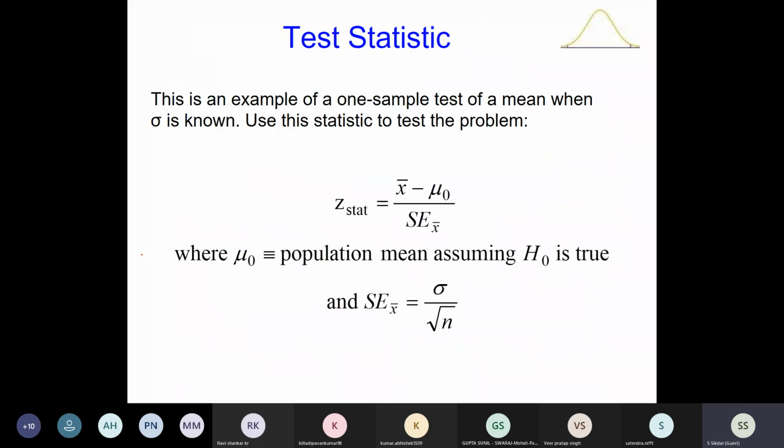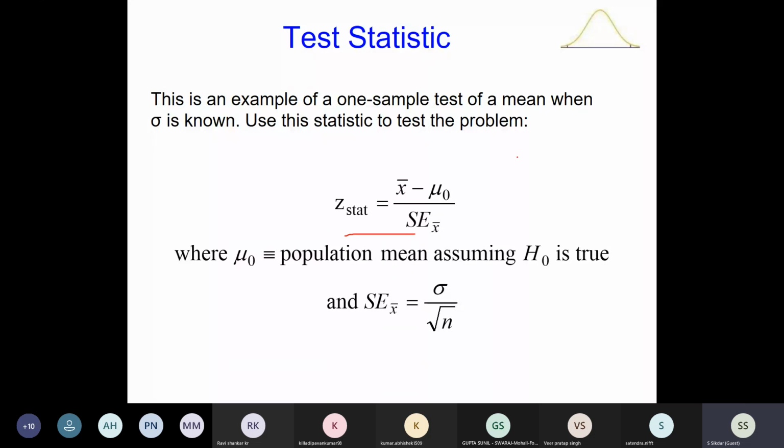Now, as I said, there is also another step, that is a test statistic. This is one example of a one-sample test of a mean when sigma is known. In this problem, sigma is known, so you can use that, if you recall that equation,